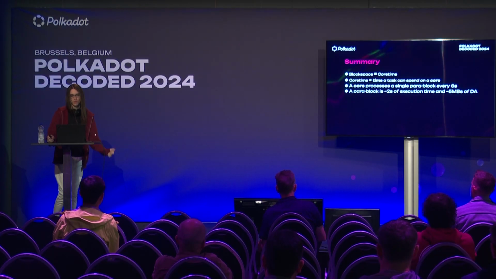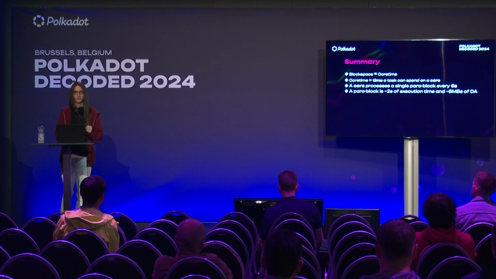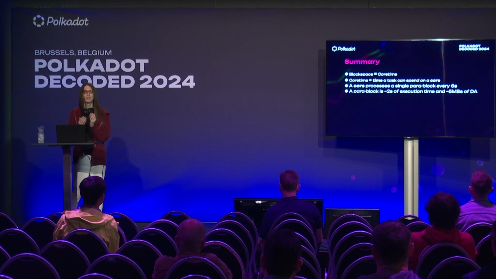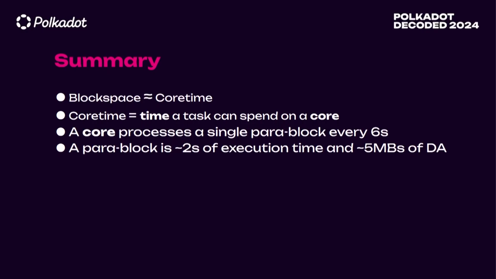So to summarize, what I want you to know is that whenever you hear about Polkadot cores, just think that they guarantee you a certain amount of compute every 6 seconds. This is fundamentally what they do. So if we have 200 cores in Polkadot, fundamentally what it does is it just creates this big virtual machine that is capable of hosting 400 seconds of execution time in the span of 6 seconds, spread around all those